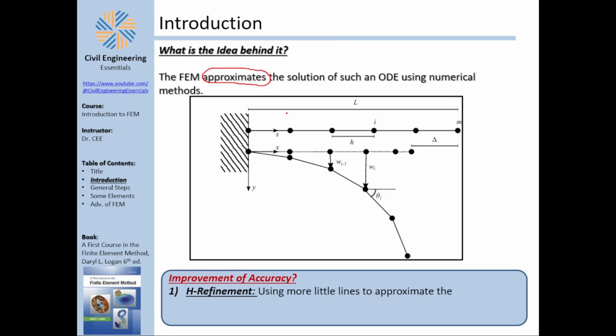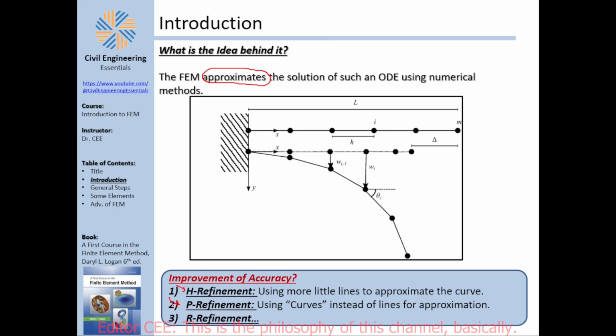Now, of course, we can improve the accuracy of those finite elements, and this is where something called H refinement and P refinement comes into place, and something called R refinement, which I will leave for the interested to read about. Now, before I continue, those names, H refinement and P refinement, look, before I continue, I want to tell you the strategy and the philosophy of my teaching